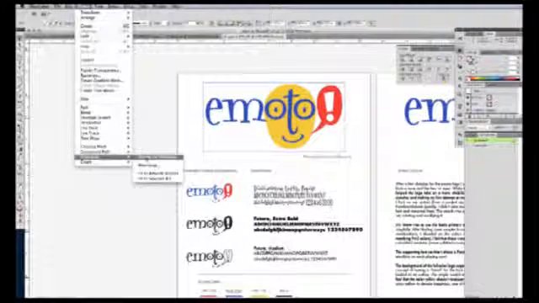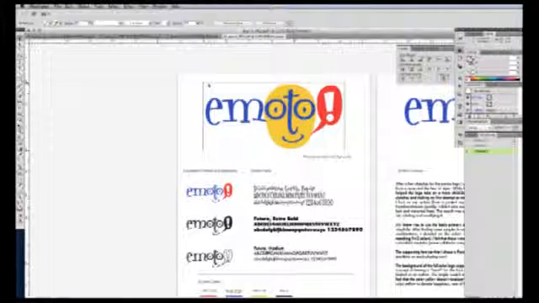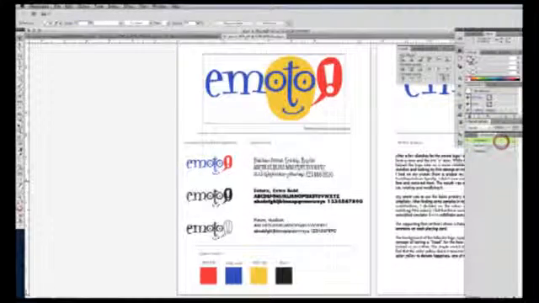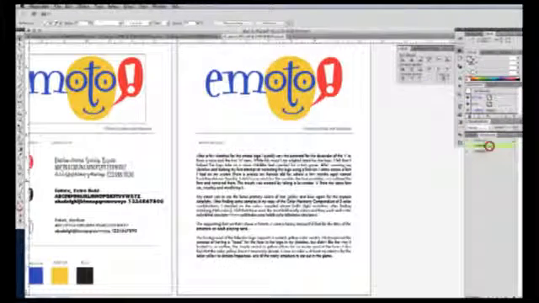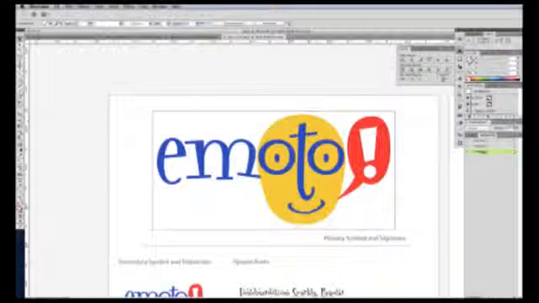Artboards, Convert to Artboards. And so what this does is this makes a third artboard, or page 3 of our document. So if we click there, there's artboard 1, there's artboard 2, and then artboard 3 is zoomed in, just that logo from page 1. And with artboard 3 highlighted, and you know that because there's this black bounding box around the edge,